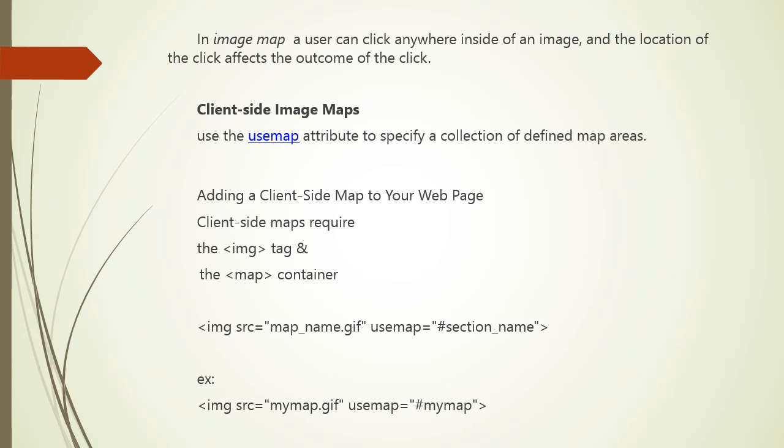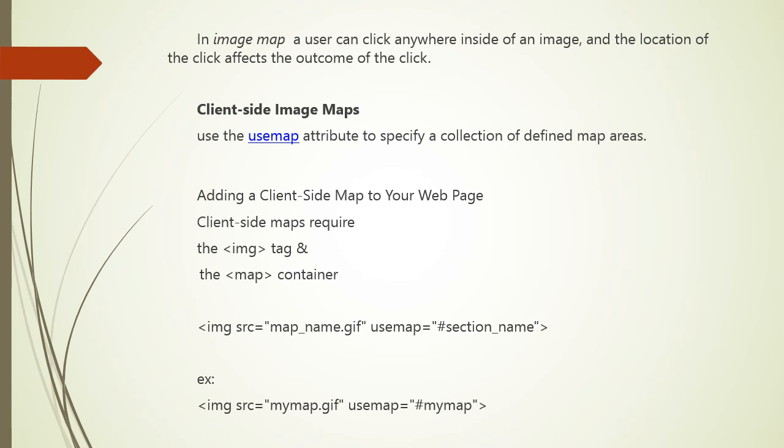The image tag, as you know. So look at the image tag first. To create a client-side image map, you need to add a new attribute, usemap, as follows. img src is equal to some path you are giving, or GIF file you are giving. usemap is equal to some section name. Now notice over here that usemap accepts a section style hyperlink. That's how you can store the map definition information in the same HTML document.